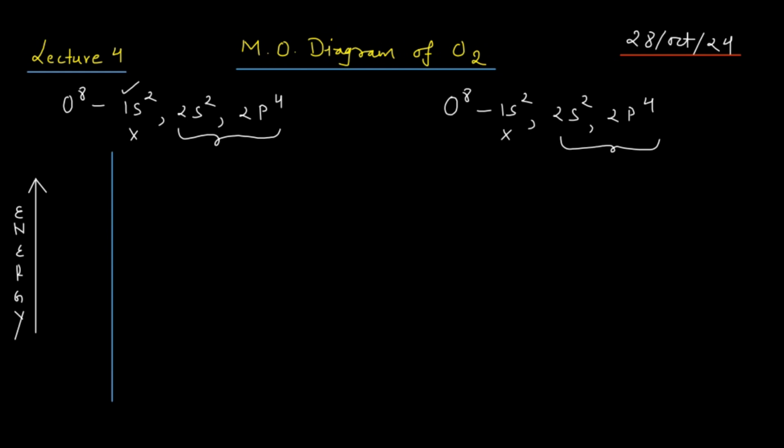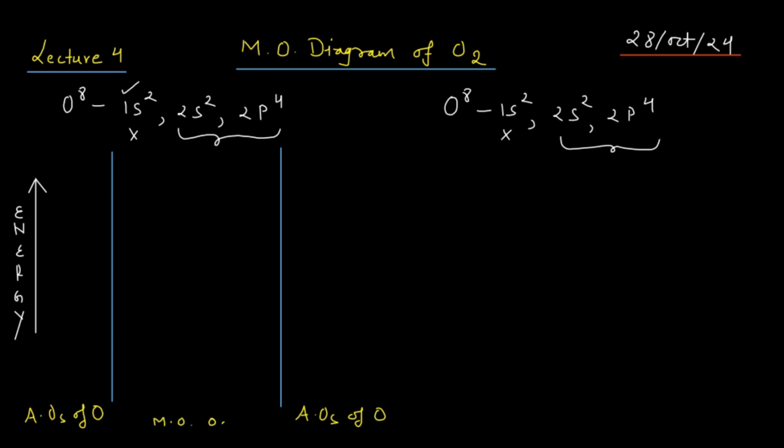In the first column you will write the atomic orbitals of oxygen. I'm writing here AOs, where AOs stands for the atomic orbitals, AOs of oxygen atom. And again I write here atomic orbitals of oxygen atom, and in the middle I'll write